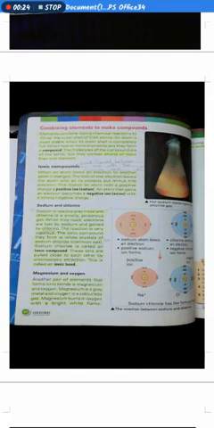I welcome you all in the last lecture of unit number 3, that is the periodic table. In this lecture we will discuss the compounds, how the compounds are formed, their types and the formation of those types of compounds. So let's start our lecture. Kindly consult your book page number 40.